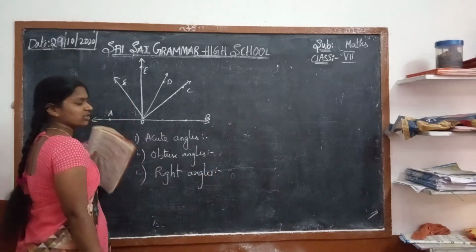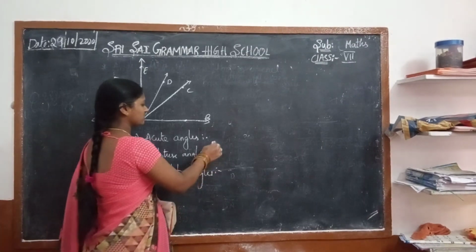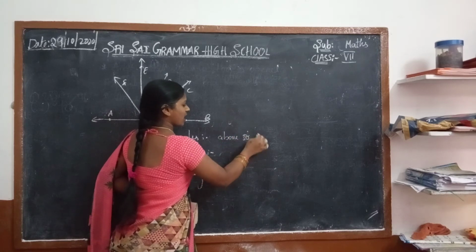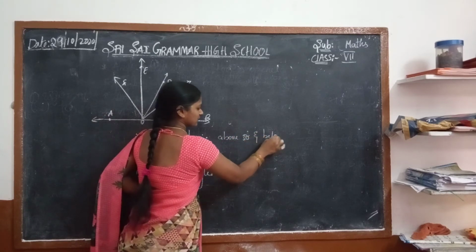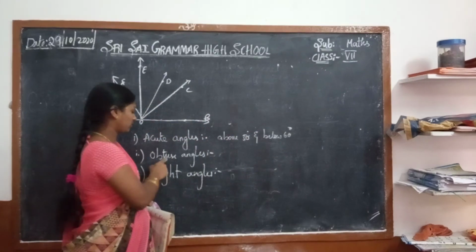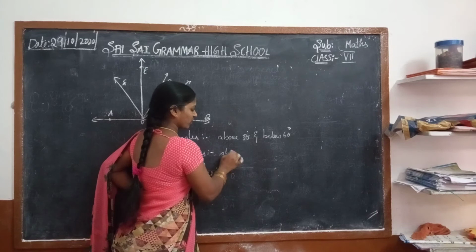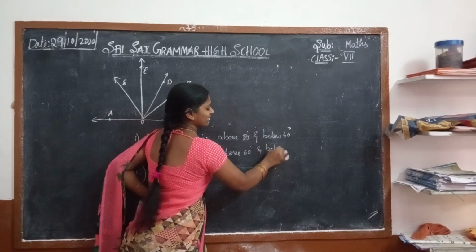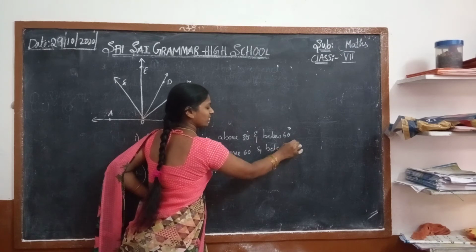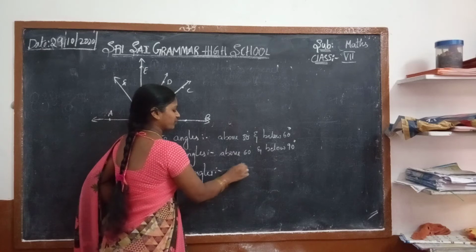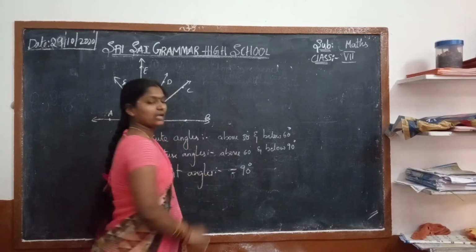How can we know? Above 30 degrees and below 60 degrees is called acute angle. Above 60 degrees and below 90 degrees is nothing but obtuse angle, and exactly equal to 90 degrees is said to be a